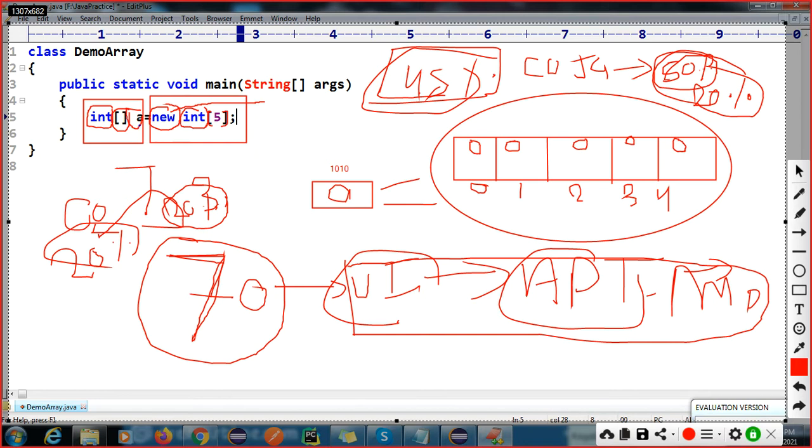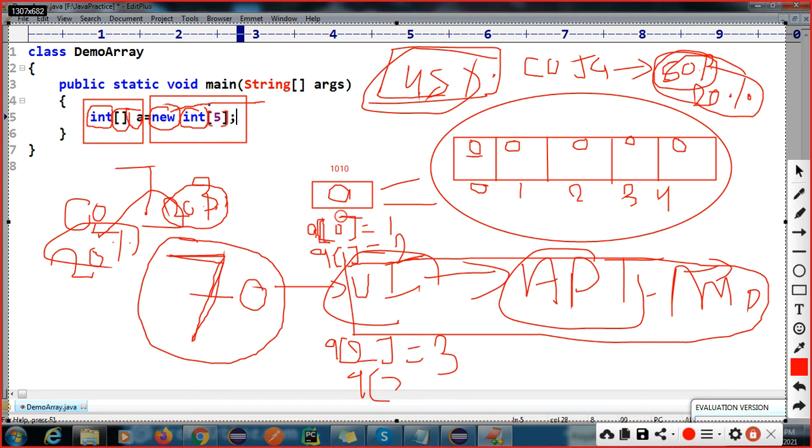Now when you write this code, internally it works like this. Understood, right? Here is how to access and store the value: a of 0, I'm going to store the value, a of 0 equal to 1, a of 1 equal to 2, a of 2 equal to 3, like that you can store and access the values.